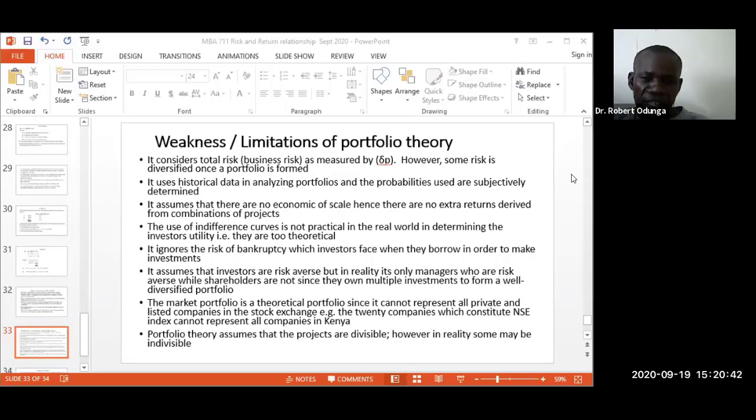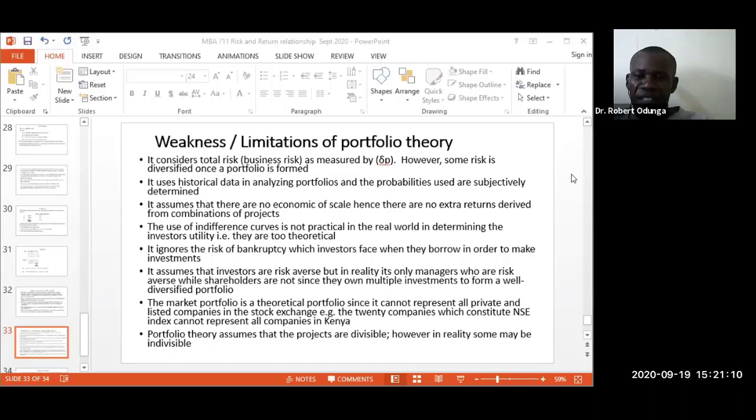Again, it assumes that investors are risk averse, but in reality, it's only managers who are risk averse, while shareholders are not, since they own multiple investments to form a well-diversified portfolio. This is so typical of it because we are saying